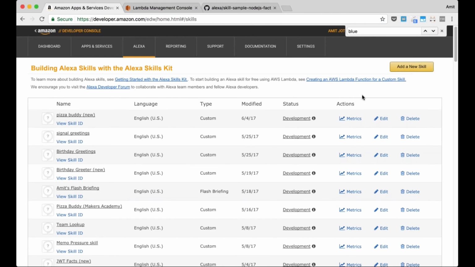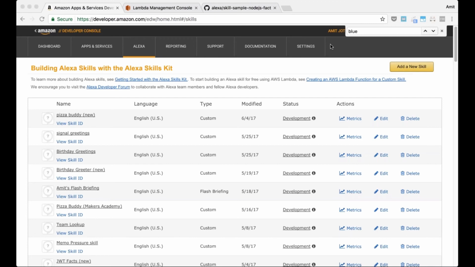And let me actually go back into my PowerPoint and run through a few more. Okay, so there are really two sides to an Alexa skill, a front end and a back end. This is very similar to building a mobile app or a web app, where there is a front end and a back end.